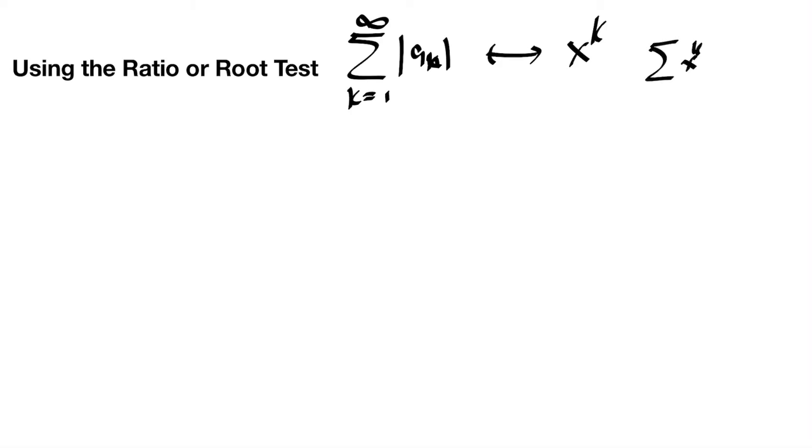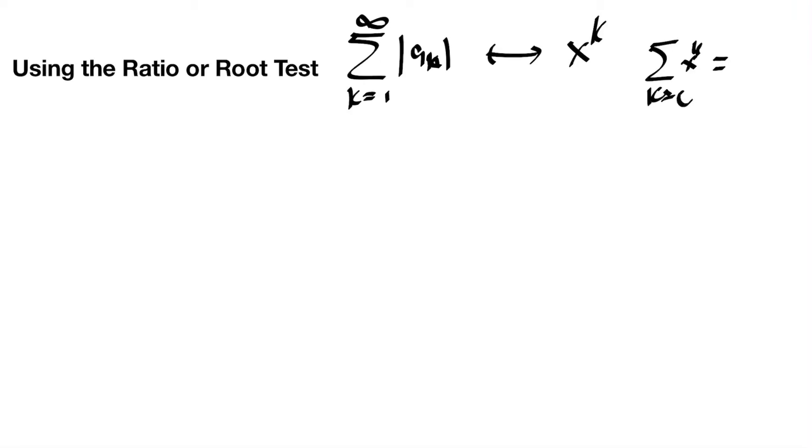Okay, finally, we'll talk a little bit about the ratio and the root test. The big idea of both of these is that we were trying to compare our series. We were asking, is it converging? Both times we were comparing that series, a sub k, to a geometric series, x to the k. And so what we're going to use is the fact that we know that a geometric series